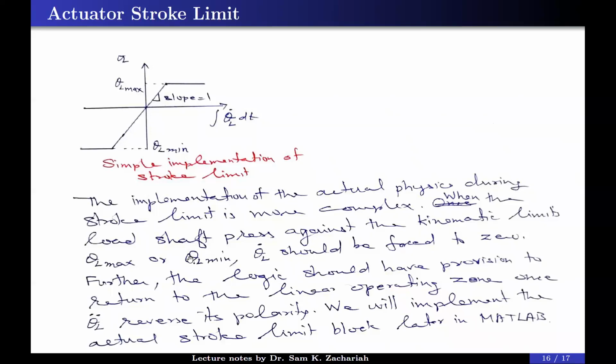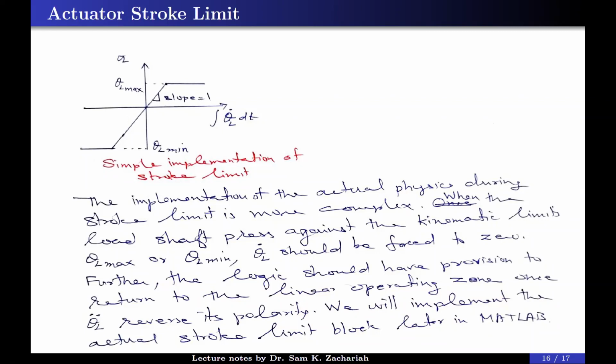Okay. The x-axis is theta L dot, no? Or integration of that. Not theta L dot, the integral of theta L dot. So then the y-axis is also theta L only. The integral of theta L dot is nothing but theta L, you know. So what is the y-axis? The y-axis is theta L. See, what I am doing is, the cause for the deflection is velocity. And the limit is actually applied on theta L, not on theta L dot.